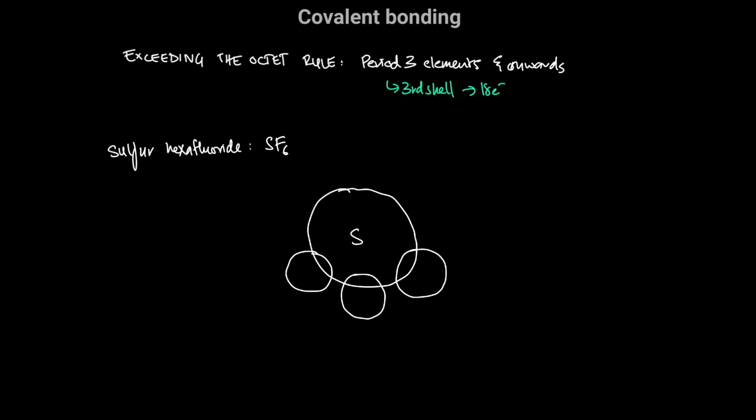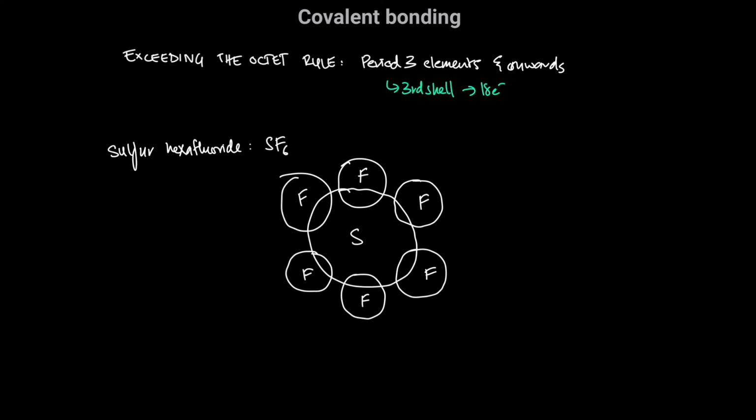This is the dot and cross diagram for sulfur hexafluoride. It's bonded to 6 fluorine atoms here. We have F, F, F,